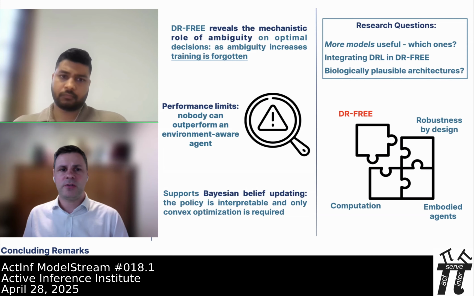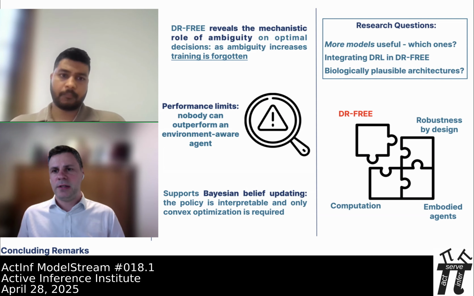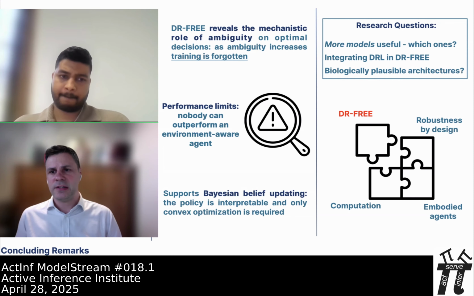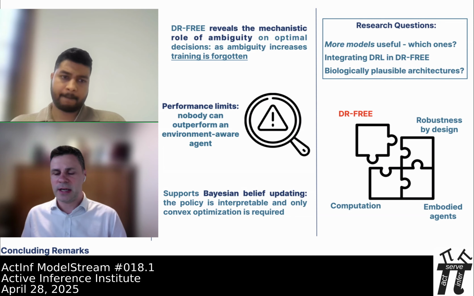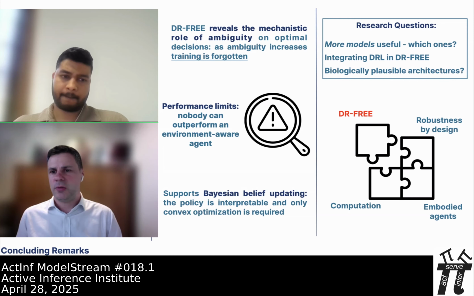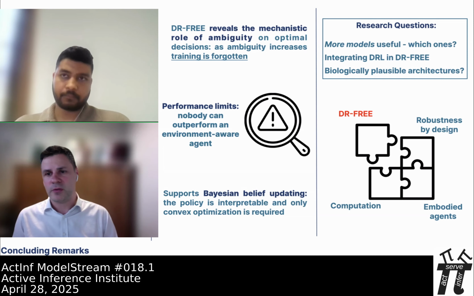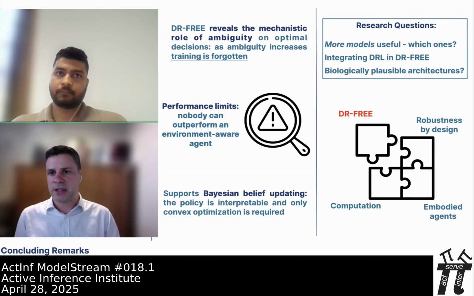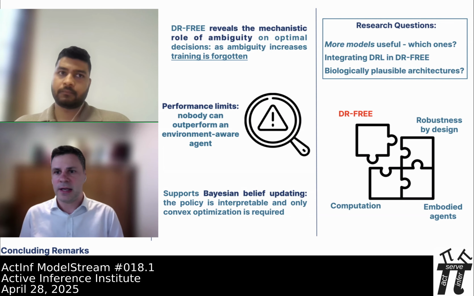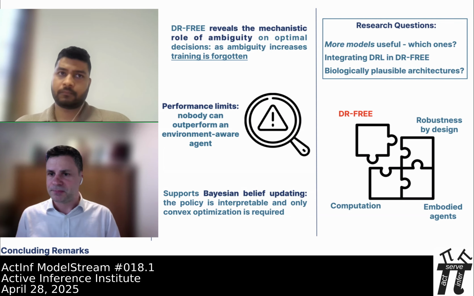On the other side of the spectrum, instead, when ambiguity is very high, there is a sort of transition where we can show, and it is shown in the preprint, that the optimal policy is training independent, in the sense that it's independent of the training model. So it is a kind of situation where the agent, dominated by ambiguity, grounds its decisions just on ambiguity and not on what it learned previously, which I think is a kind of cool behavior. Of course, I'm not a neuroscientist, but I think it's something that could be investigated on that side of the spectrum. I hope I answered your question.